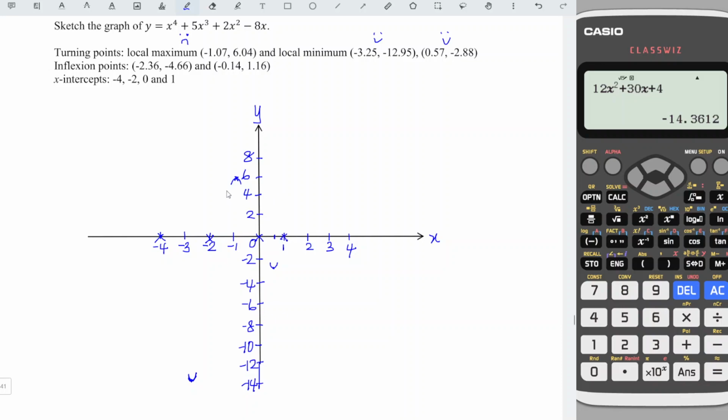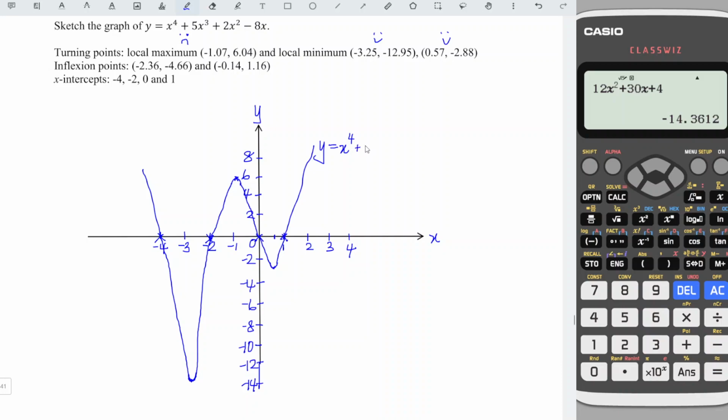We can now sketch. At the maximum point, we are going to go down and touch the x-intercept. And we go down again and reach the minimum point, and we go up and back to the x-intercept. Then we pass through the intercept. Then for this maximum point, we are going to go down and pass through the origin, and we get into the minimum point, and we move up again, pass through the x-intercept, and go up again. So this is the curve that we are looking for, and hence we are done.